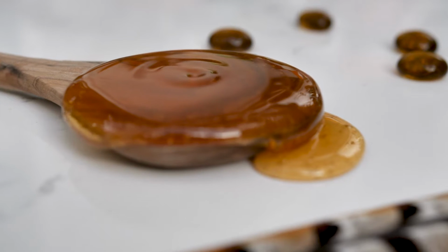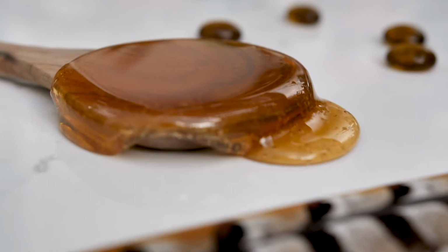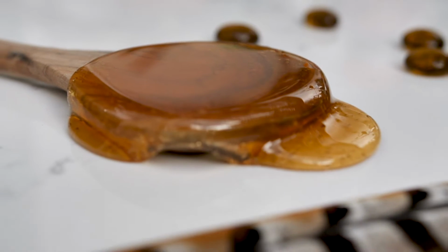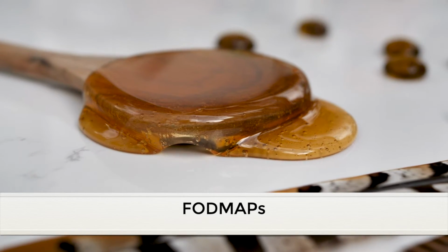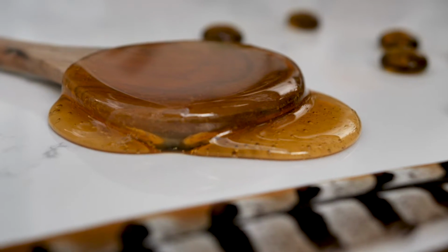Because agave nectar is high in fructose, it's not ideal for those with irritable bowel syndrome, IBS. This is because fructose is high in FODMAPs, which are fermentable oligosaccharides, disaccharides, monosaccharides, and polyols. These are short-chain carbohydrates that are difficult to digest for people who suffer from IBS and